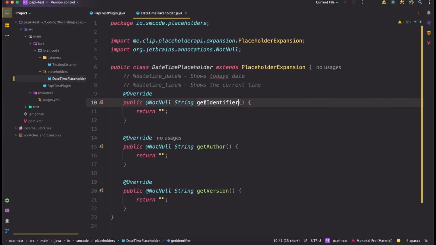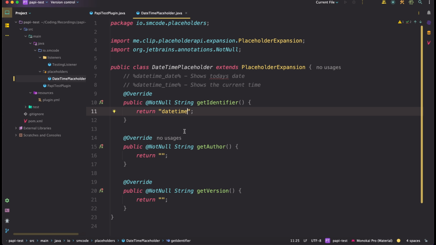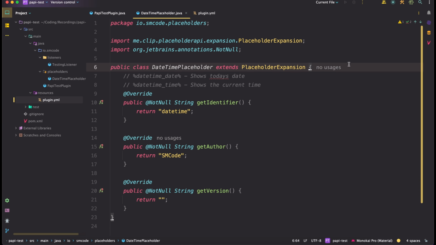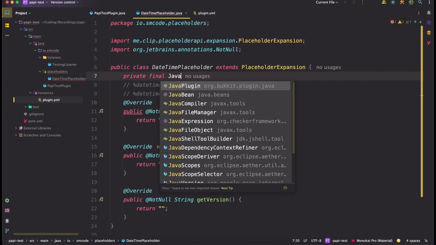And now to set the identifier of our placeholders, in this case datetime, we need to change the return value of the getIdentifier method. So in this case it's going to return datetime. Then the getAuthors method should return the people that have worked on this code. You can either hardcode something in here or you can use the values from the config.yml file. And to do that you first have to create a constructor that takes the main class of your plugin and assigns it to a local variable. So JavaPlugin,